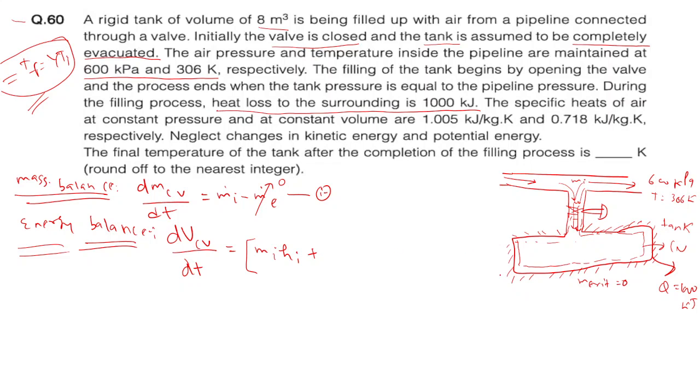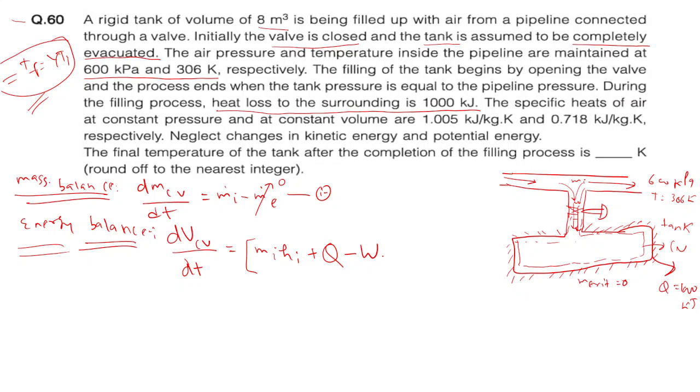Let's suppose we are giving heat to the system; if heat goes out, that will come negative. But for example, heat given to the system, we will take as positive. So two things would be coming: first, mass inlet coming to the system, and heat given to the system. And next, work done by the control volume. Work done by the control volume would be negative. Is it okay to everyone, right?